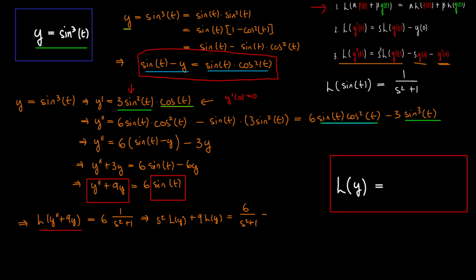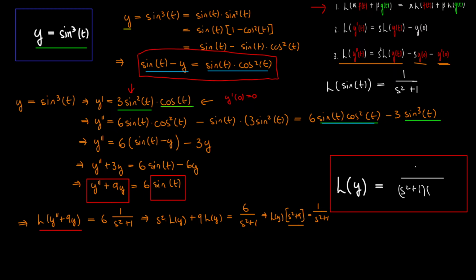And so let's just make one last equation here. We get the Laplace transform of y times s squared plus 9 is equal to 1 over s squared plus 1, I think. Okay. And so what do we do again? We divide both sides by this term here, and we get the Laplace transform here. It is just exactly equal to 1 divided by s squared plus 1